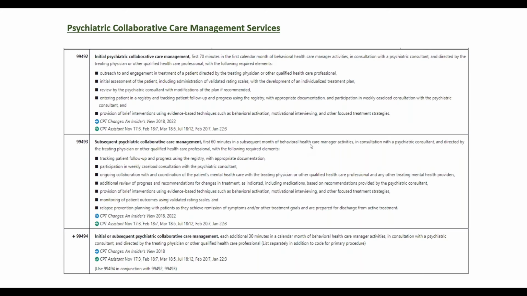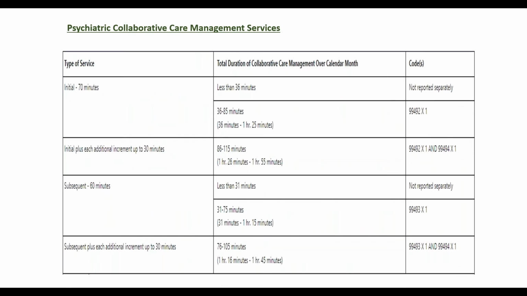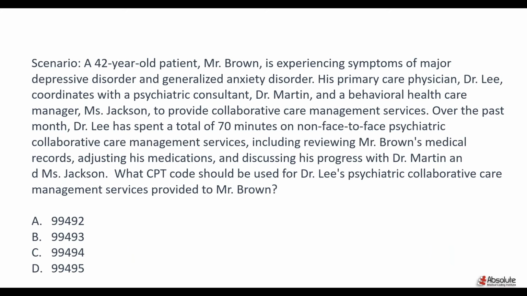So these are the codes for psychiatric collaborative care management services. You have an initial psychiatric collaborative care management code, a subsequent psychiatric collaborative care management code, and there is an add-on code for both initial and subsequent psychiatric collaborative care management. Yes, and we also have our favorite table. You can use the help of the table to get the correct answer. So next we are going to have another challenge,